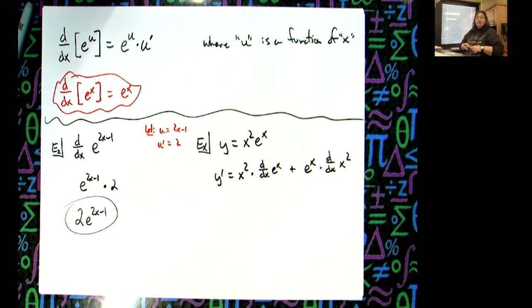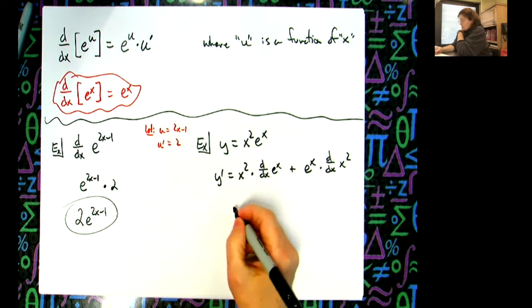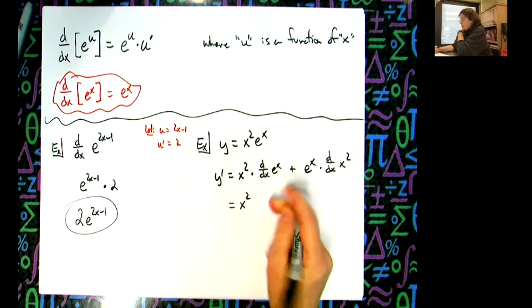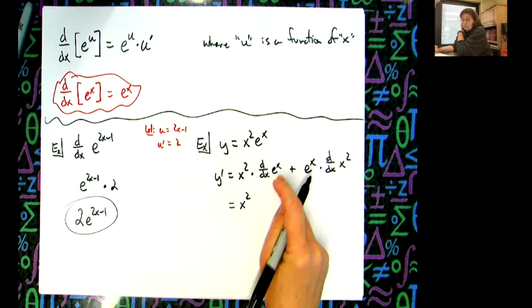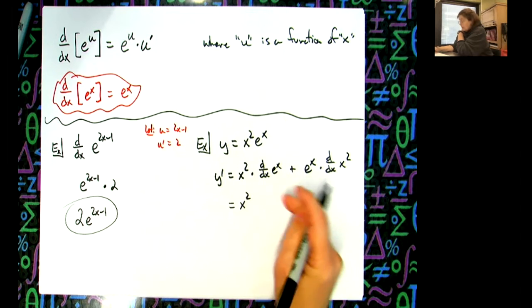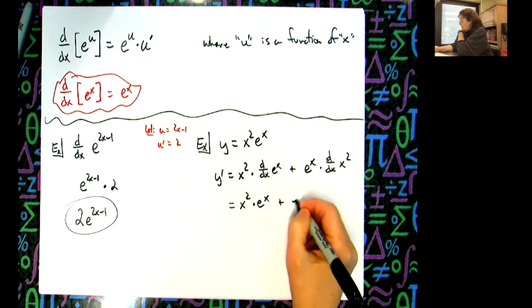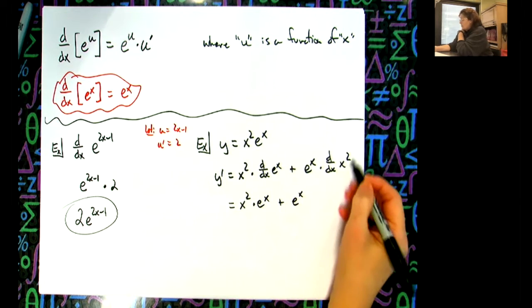Granted, all of those derivatives would have been really simple, so I probably could have done it without the d dx notation, but just to go all the way back to the beginning here, x squared, derivative of e to the x would be e to the u prime, so just a plain e to the x, plus my e to the x stays put here,